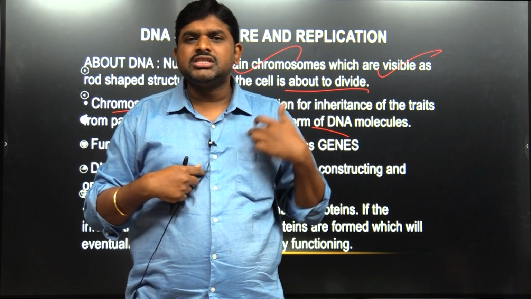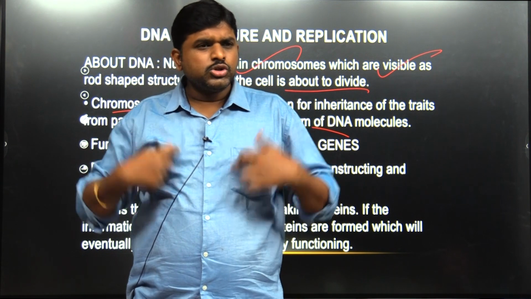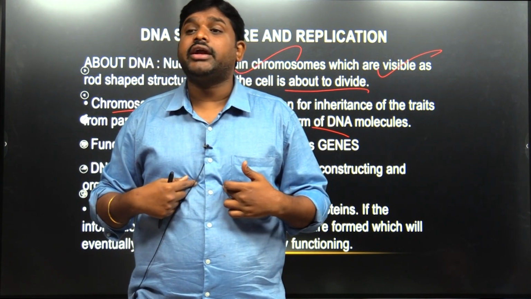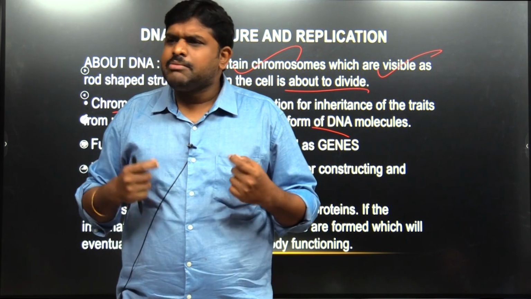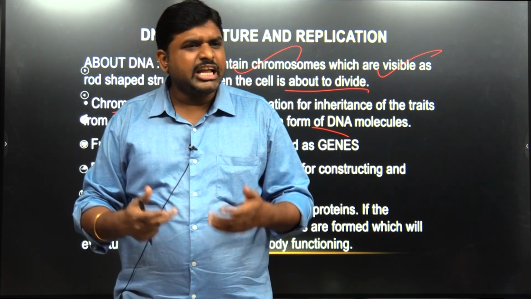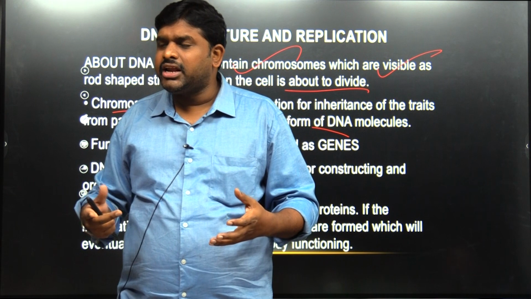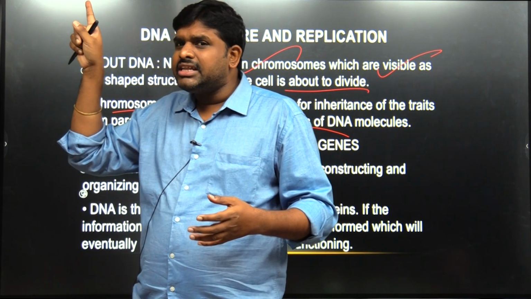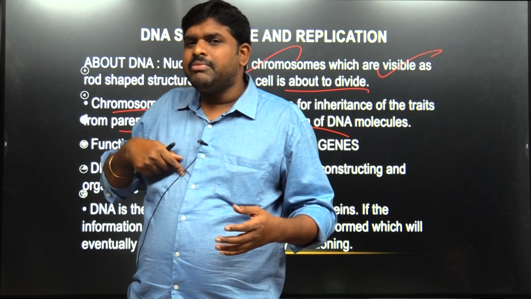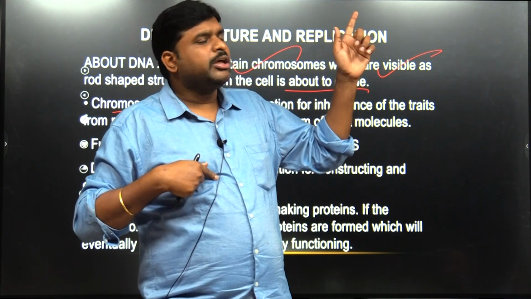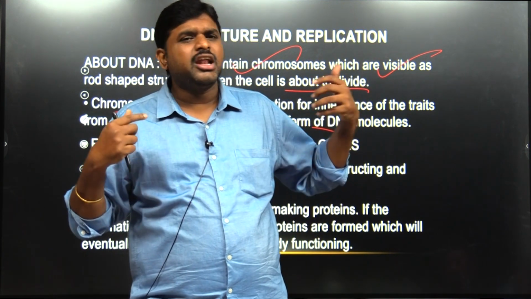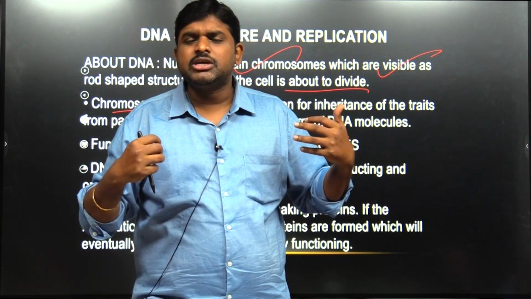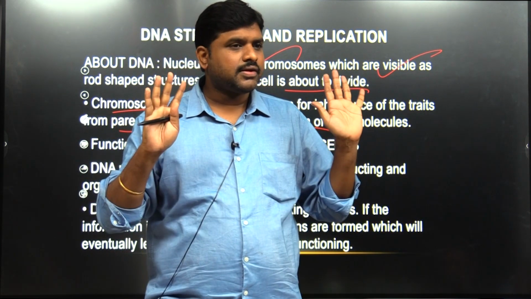So, in me, whose information is there? My father's information is there, my mother's information is there. What is this information? Inheritance of trait. It is called inheritance of trait. It can be a biological inheritance, an intellectual inheritance, or an immune system inheritance. What information is present in the DNA? 50% in me is my father's information, 50% is my mother's information. That information can be related to protein synthesis, to disease, etc.